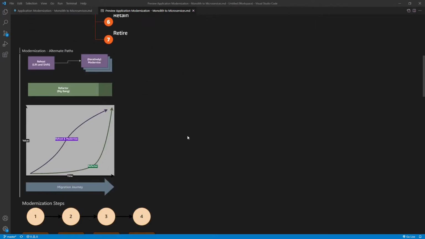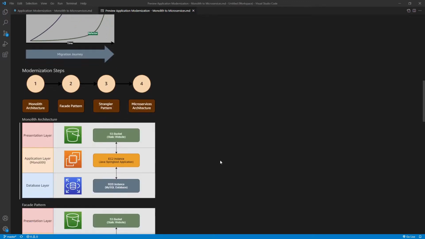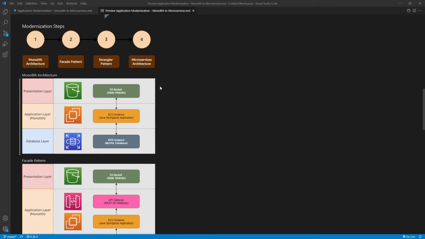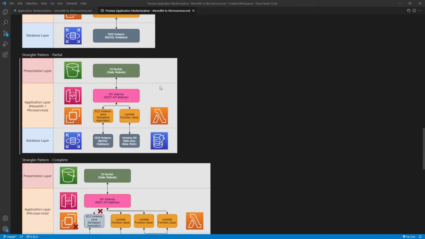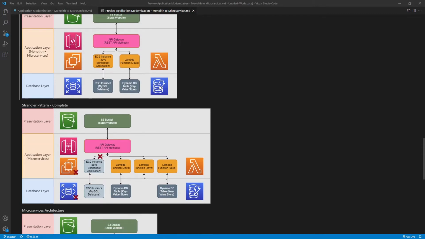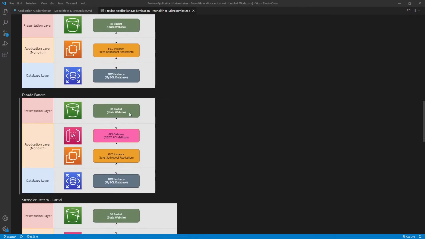We talked about the advantages of doing rehost first and modernize later, and talked about a particular pattern of modernizing a monolith application through a couple of intermediate steps, namely using the facade pattern and the triangular pattern. So we will dive into a demo on the same pattern today with a particular example of a monolith application